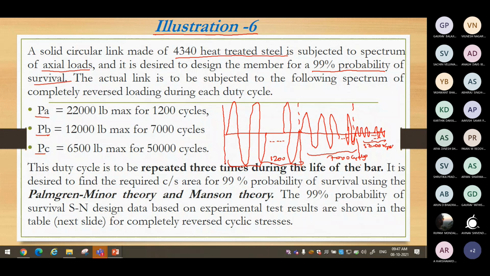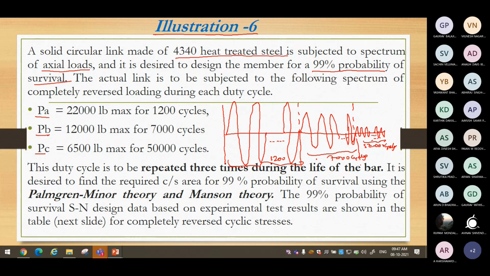Okay. Not only this much, there is one more parameter that has been mentioned, that this sequence of load is applied 3 times till that bar is there, for the total life of the component. Your application demands that a given particular magnitude of the load must be applied 3 times. Okay, 3 times over the component and in sequence. In sequence, it is not that you apply 1,200 straightforward 3 times and then go for the next magnitude.